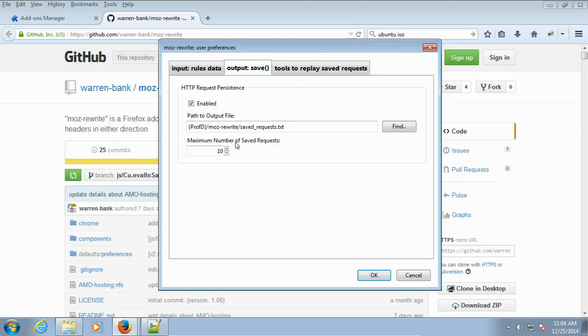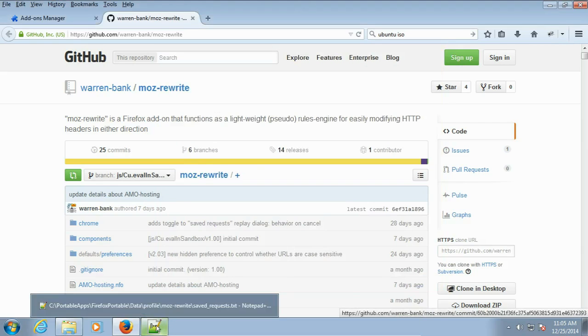We discussed the maximum number of requests. Obviously, as you saw from the demo, it doesn't have any kind of logic to identify duplicates. Whether or not that would even be a good thing is debatable, but it boils down to the rules. If you make a request,